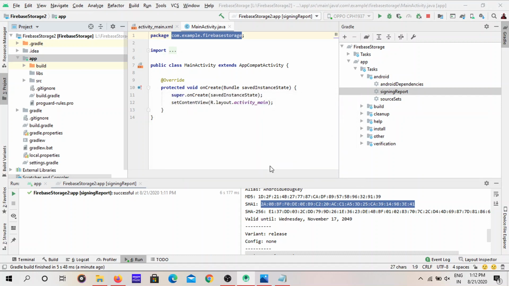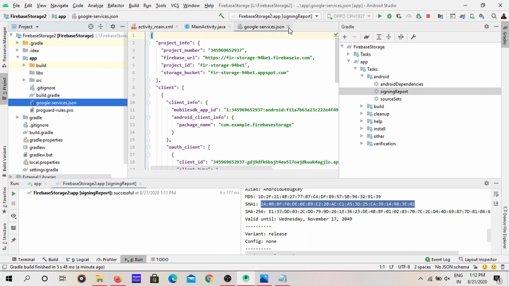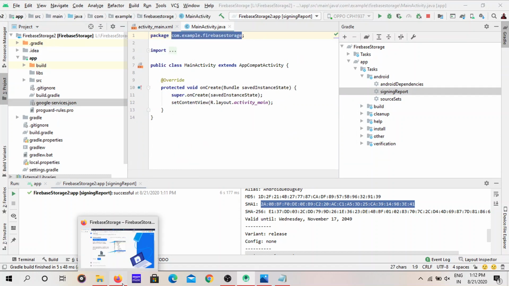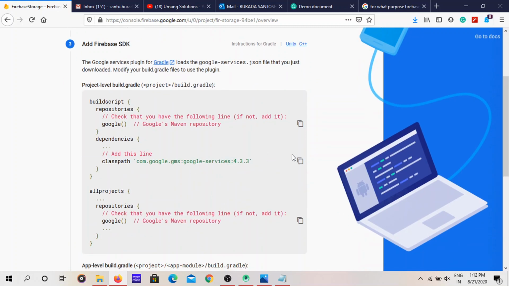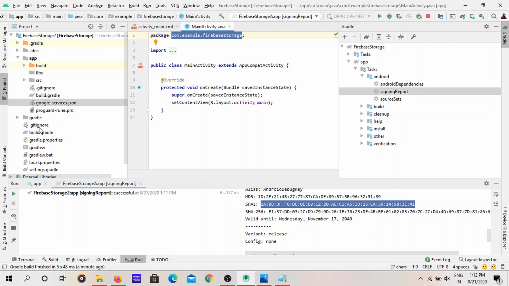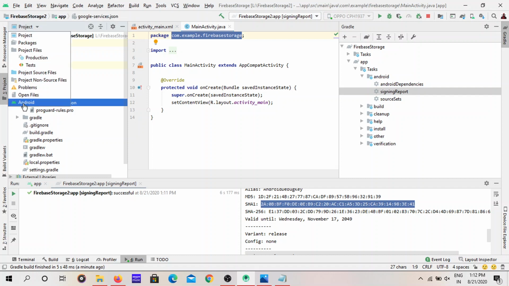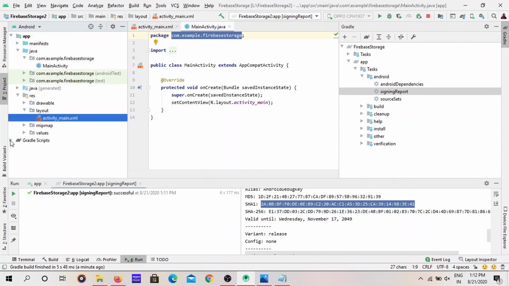It should not contain these things. I just remove them, click on OK. Now it's finished, it is pasted, and click on next here. Go to the Android SDKs, copy this class path. Now I'm going to the Android structure, Android level.